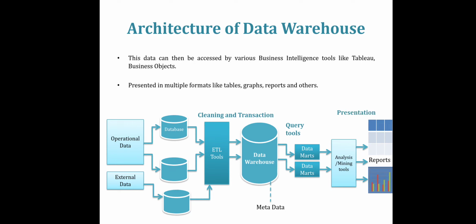Which layers have we seen? The first layer we have seen is the data source layer. The next layer is our ETL process, that is, the extract, transform and load layer. The third layer is the data warehouse layer, and the last layer is the presentation layer. The business query is called the presentation, which is the perspective of the data in the data warehouse from the viewpoint of the end user. This is the viewpoint of our end user.